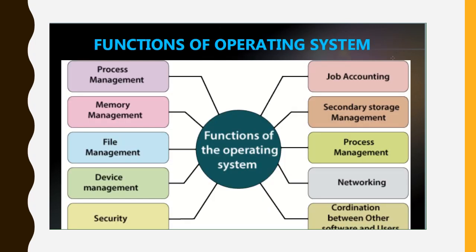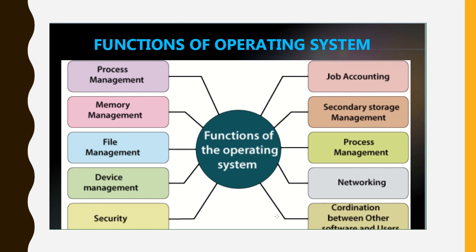Next, functions of operating system. What are the various functions of operating system? Process management, it is used to manage our processes. Memory management, all the memories are being managed through the operating system. File management, every file, whatever data has been fed in the files or the folders, is being managed by the operating system. Device management, for running your devices very smoothly, who is the responsible one?